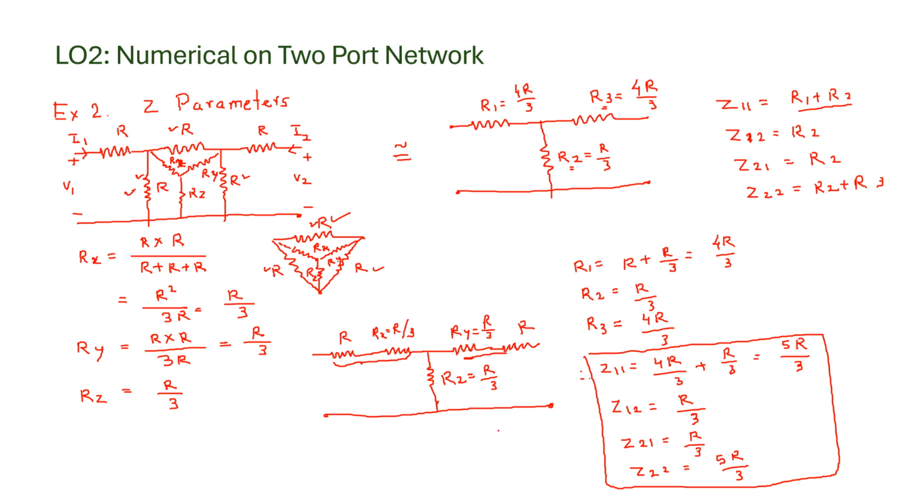If you have any circuit and you can reduce it to this form, then the Z parameters can be directly determined. Now suppose for the same network, they ask for Y parameters. I will do it in the next class. Otherwise, suppose for that same network they ask for Y parameters, then what you can do,